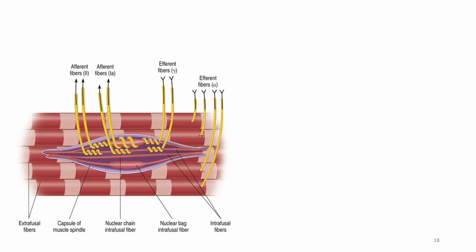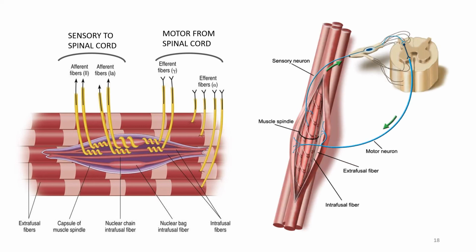The muscle spindle is the sensory receptor for muscle. It senses muscle length and rate of change of length. It is unique among the sensory receptors in that it has its own motor supply, the gamma motor neuron, which supplies it at its periphery. Alpha motor neuron is for the extrafusal fibers. When the whole muscle is stretched, the muscle spindle sends information through the 1A and 2 sensory afferents